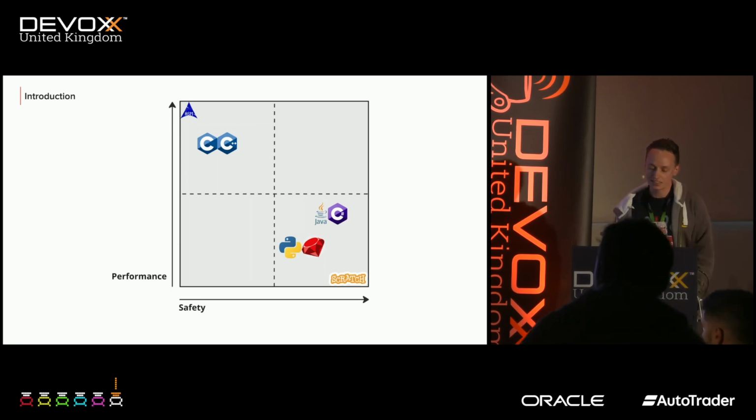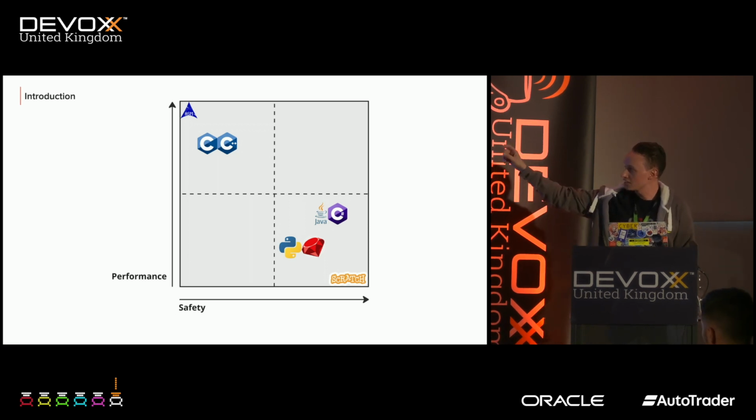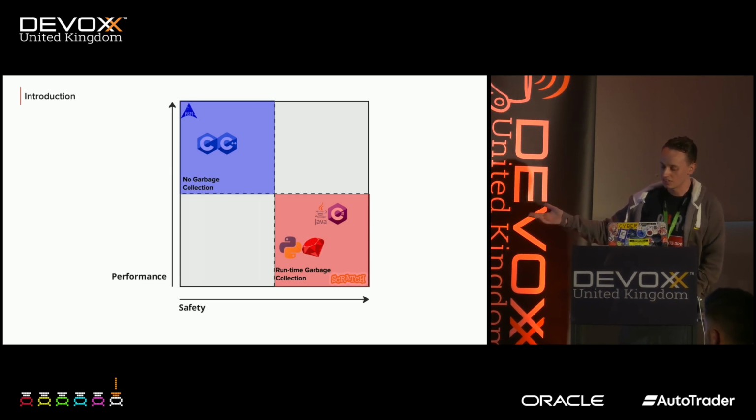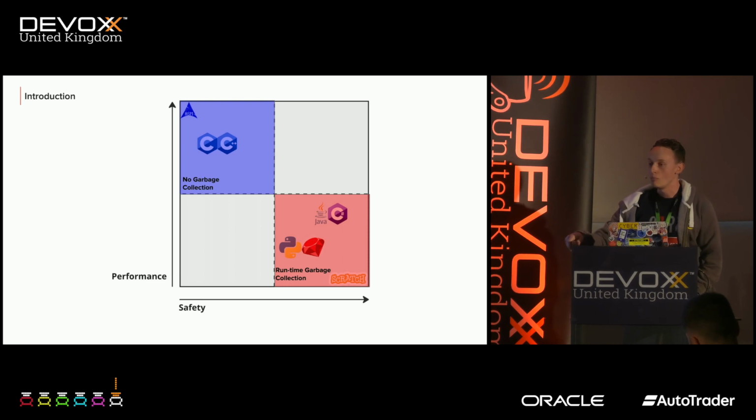And so in the x-axis, which we call safety, it's way along on the left. And as you get a bit further along, we've got C and C++ offering you a bit more safety, maybe a bit less performance. And then way down here, we have the garbage collected languages like Java and C# and the interpreted languages. And historically, this has been the trade-off, right? This diagonal line here between garbage collected and non-garbage collected languages.